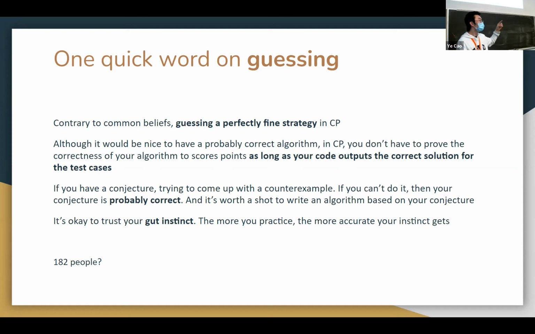That can literally be a legit problem in an entry-level competition. When you see this problem, you come up with a conjecture, you code it up, it passes, you get credit. You absolutely don't have to prove the correctness of your conjecture. That is a big difference between programming competitions and CS courses. In CS courses or math courses, everything has to be rigorous. But in competitive programming, it is sometimes just take the leap of faith. It's worth it.